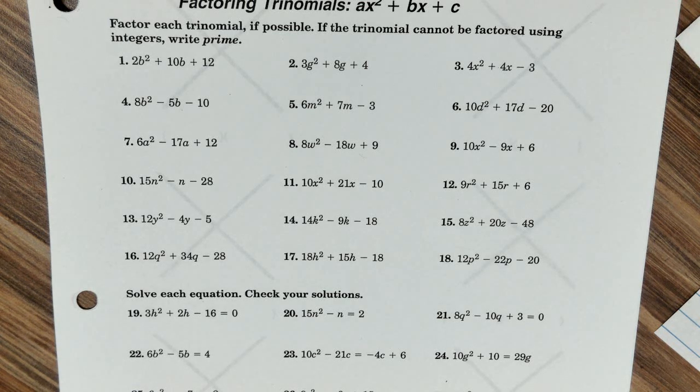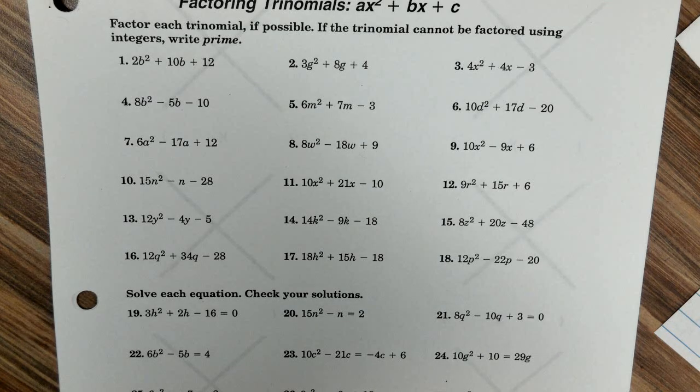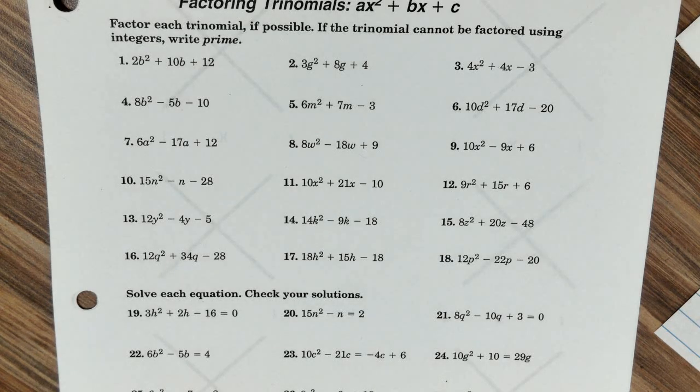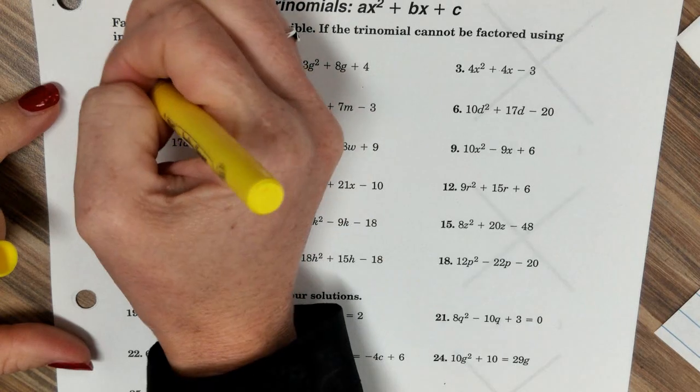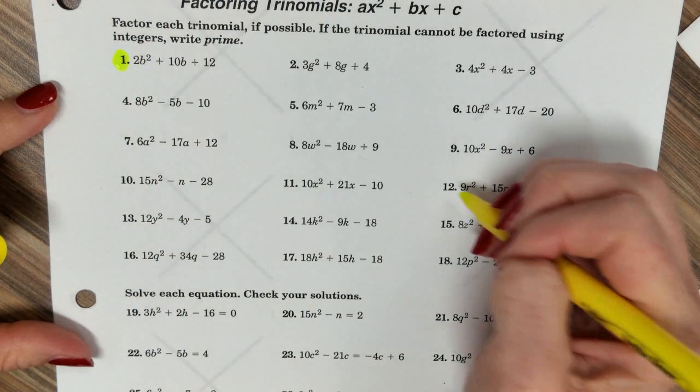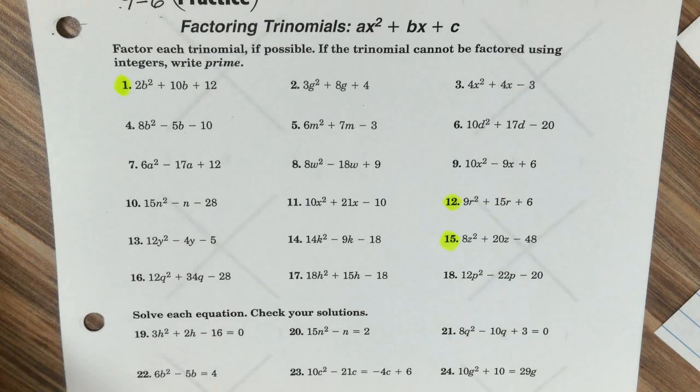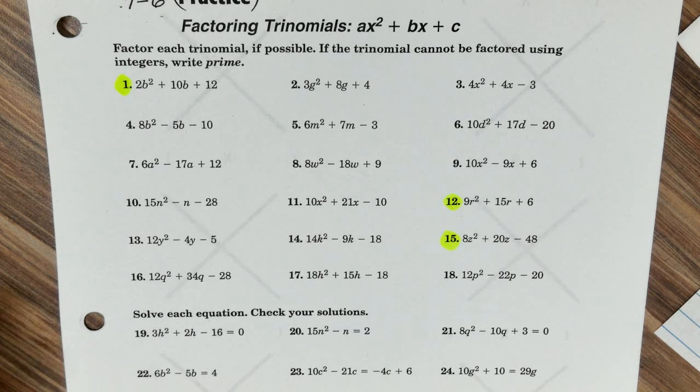Okay, so your assignment today is exactly what we did yesterday, except on 3 of them at the top, you're going to have to pull out the greatest common factor before you factor the trinomial. So highlight or circle number 1, number 12, and number 15. These are the 3 that you're going to have to pull out the greatest common factor before you do your